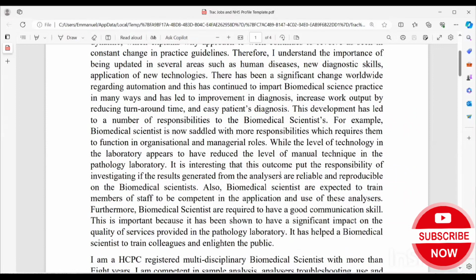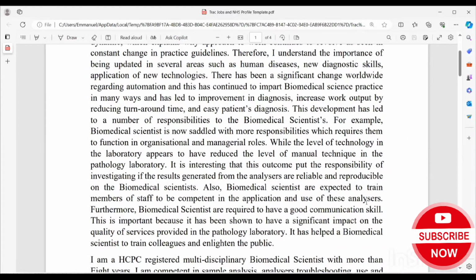When you do something manually, you don't need to investigate because you did it manually. But if the automation analyzer is doing it, that is why you validate it. Validation means you judge the result, you think about the result before you release that result. That is validation of result. And that is what you are trying to explain here, meaning that you know what that means. And that is where, if you like, you can give an example as the case may be. So I think you can say a lot.